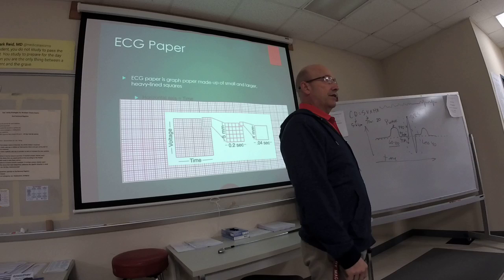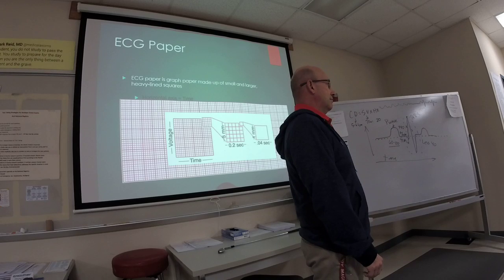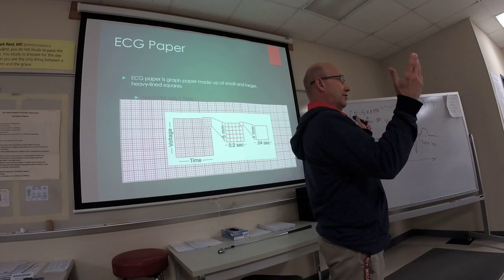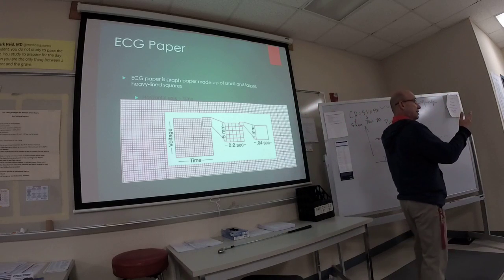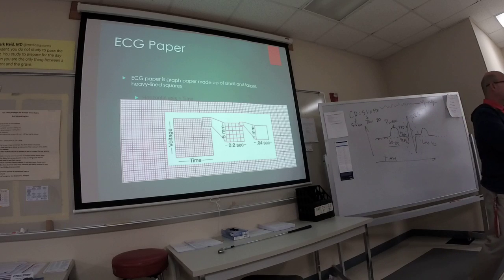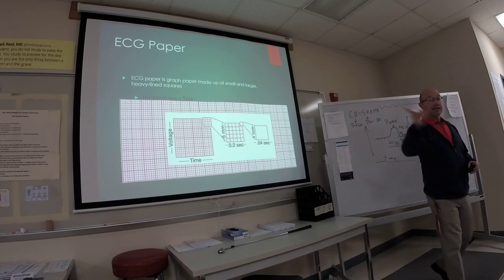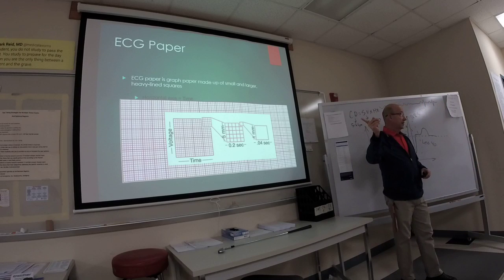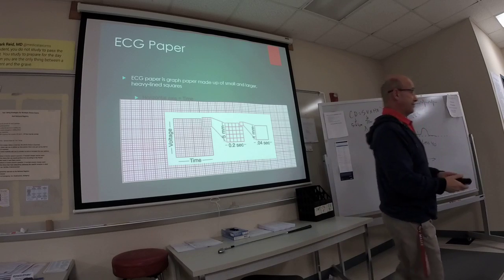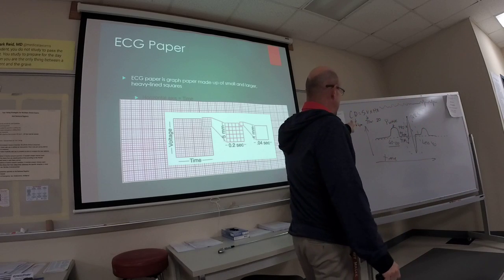You may walk up and interpret like 10 sinus rhythms, okay? But all of a sudden now you go up there and there's something different. So with rhythm interpretation, it has to be systematic. It's a lot like your patient assessment, okay? It has to be systematic. So the first thing that you look at when you look at EKG interpretation,